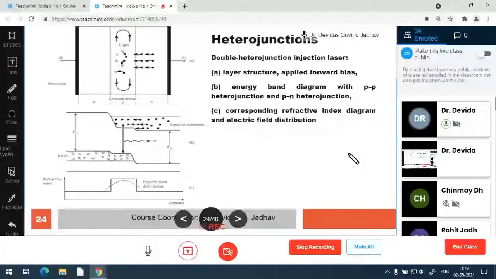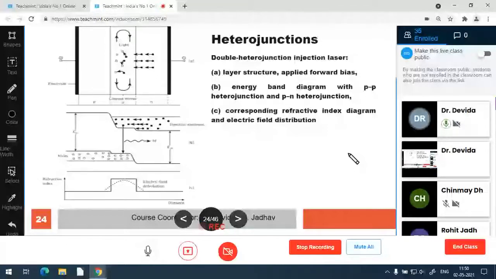So this is the heterojunction. The heterojunction is used to achieve the maximum directional gain, maximum optical gain, maximum possibility of laser action, and improving the pumping, reducing the driving current of the device. Otherwise, pumping requires a very large driving current. But if the active region is made very thin, then the driving current for pumping required is very small.